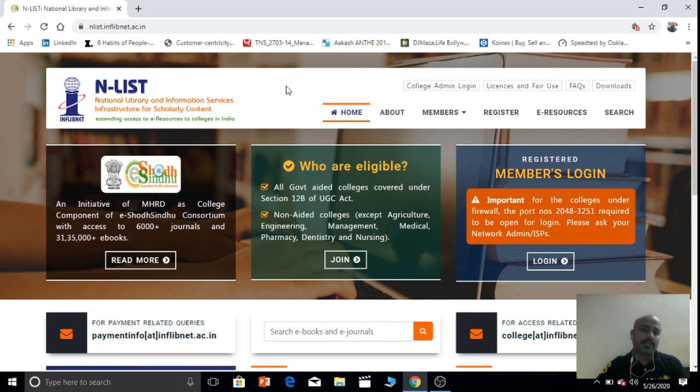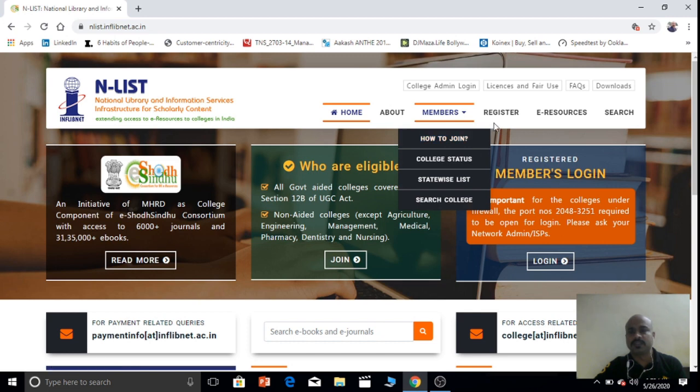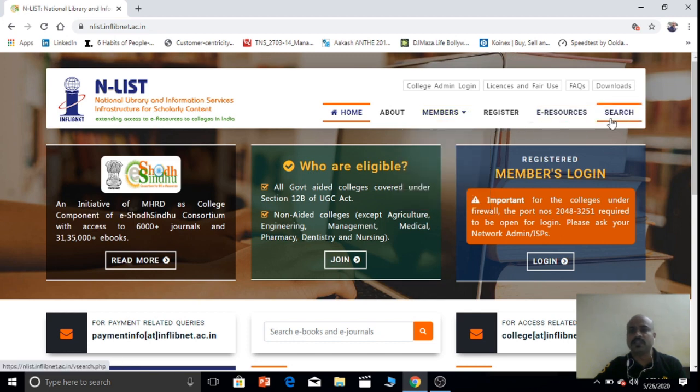As I described earlier what is Enlist, how it is developed, for whom it is developed, and who is eligible, you can see here. This is the home page. Also we can see various tabs, for example, home, about, members, register, e-resources, search.